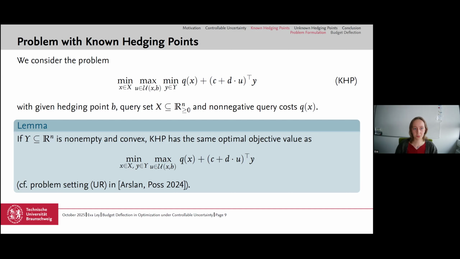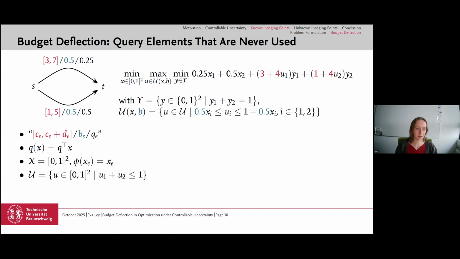Now, with this problem setting, I've got here an example where we will see that it is actually optimal to query an element that is never used. So let's start with the example. So this is the shortest path problem on this very simple graph, actually a selection problem between choices, where we